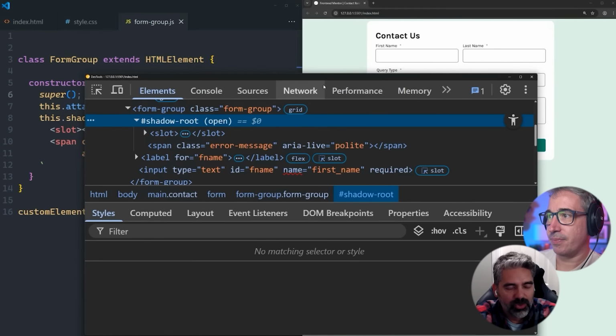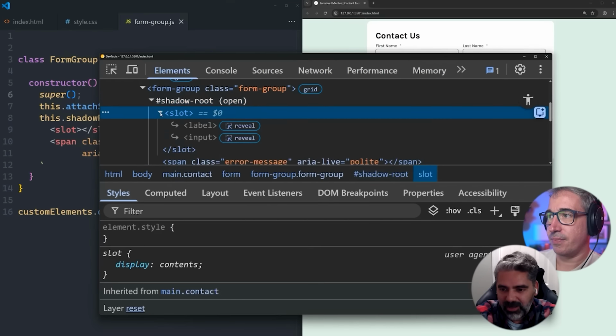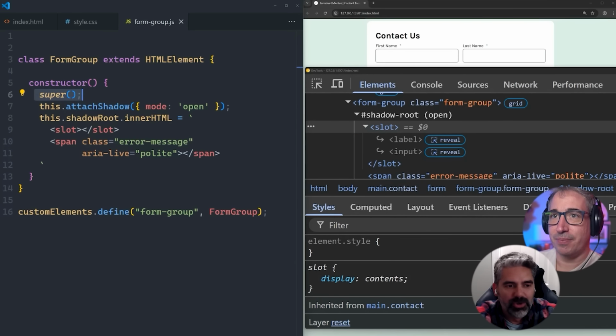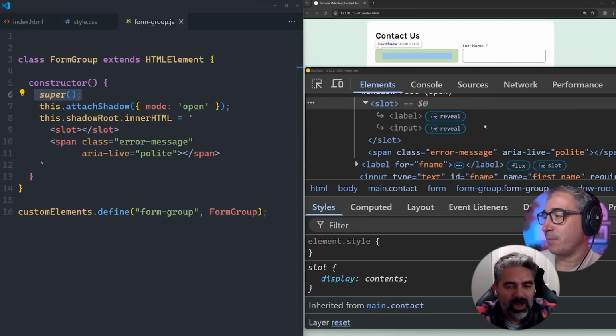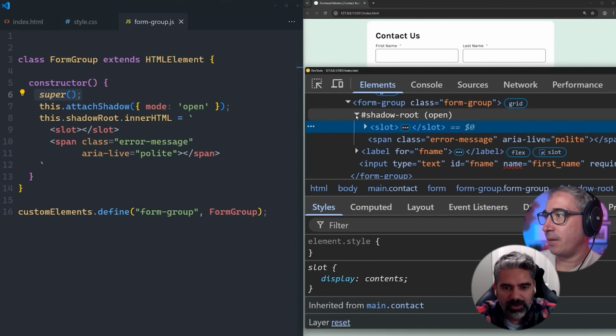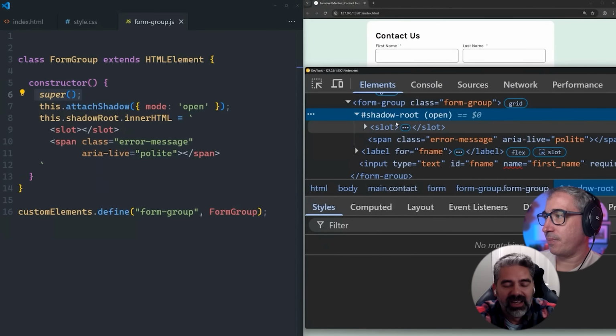tells the constructor to run the constructor of HTMLElement first, because we want to construct the parent class so that we can become an HTML element. So without that, you're not doing anything and attaching anything, and your inner HTML stuff's not working. So we'll call super, and then we'll have our shadow root with our slot and our span, and everything is